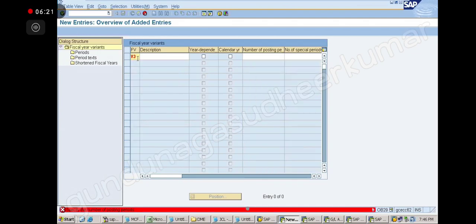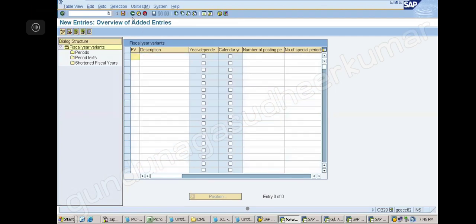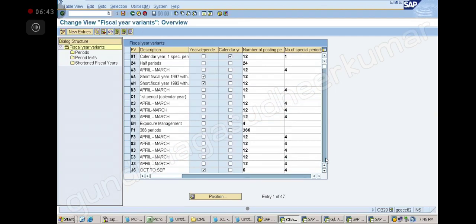Then it will say it is already there, right? I am not saying you to do it again. It is already there, use it. So you don't have to create a new variant. Actually in the beginning itself I could tell you V3, V6 are already there, you can use them. But I want you to learn, that's why I created a new one.